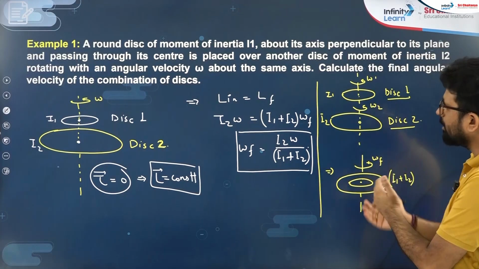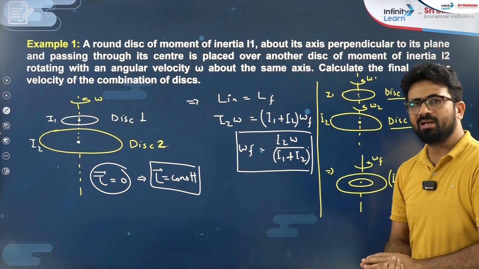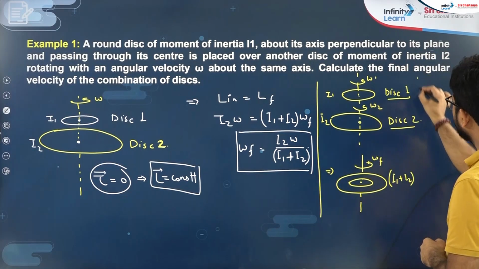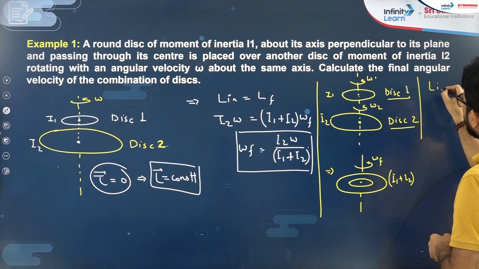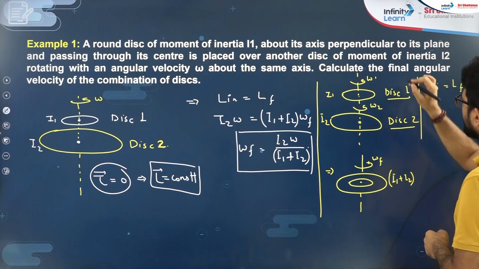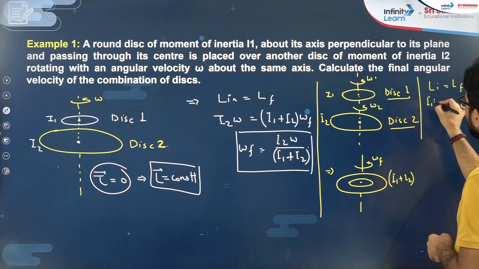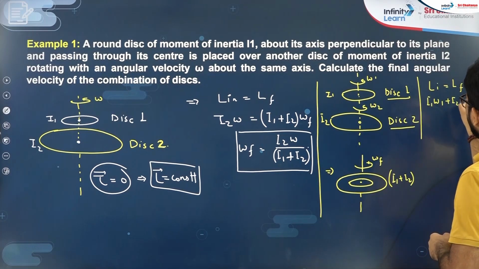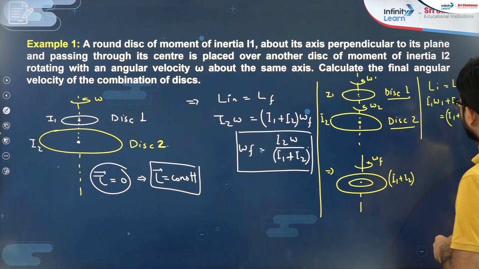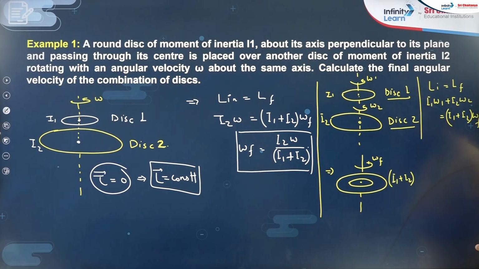That means initial angular momentum is equal to final angular momentum. I can say it very simply: L initial is equal to L final. The initial is I1 omega 1 plus I2 omega 2. That is equal to I1 plus I2 into omega final. So from here we can define omega final as I1 omega 1